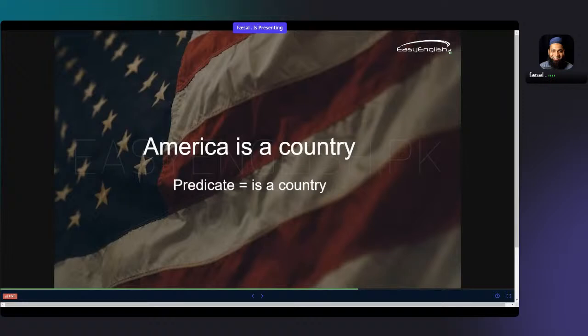America is a country. I'm talking about America. America is my subject. What is the information I'm providing about America? What am I telling about America? What I want to tell about America in this sentence is a country. This is the information. So this is my predicate. All of it is a country, not just country, not just is a country. The most important part of a predicate is the verb in it. जो सबसे अहम हिस्सा होता है ना predicate का, वो verb होता है। पूरी की पूरी जो मालूमात है, वो predicate कहलाएगी।